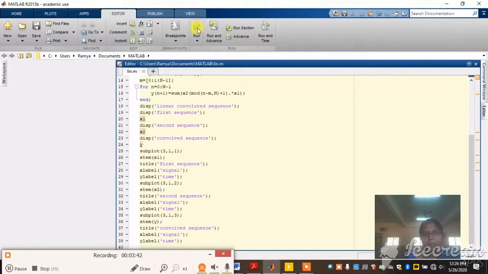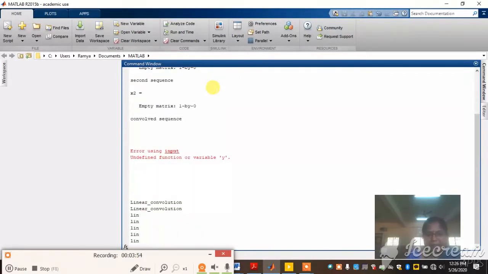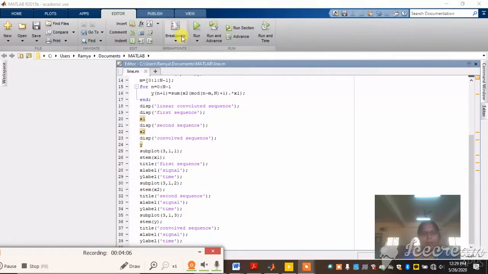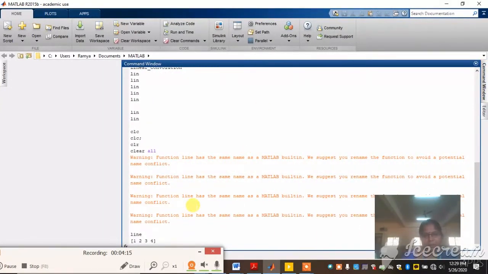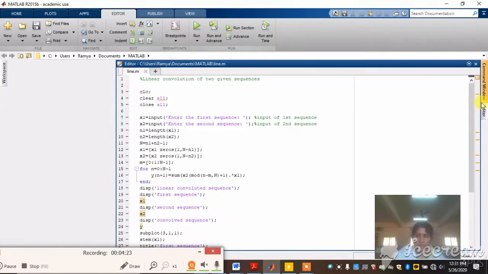So if you run the program, you should give this bracket. Now I am going to run the program. When you click this run button, then you have to go to the command window.